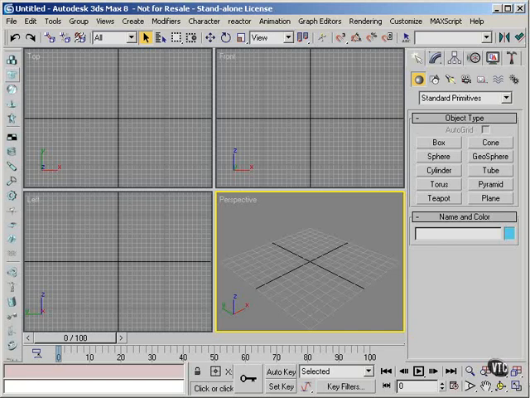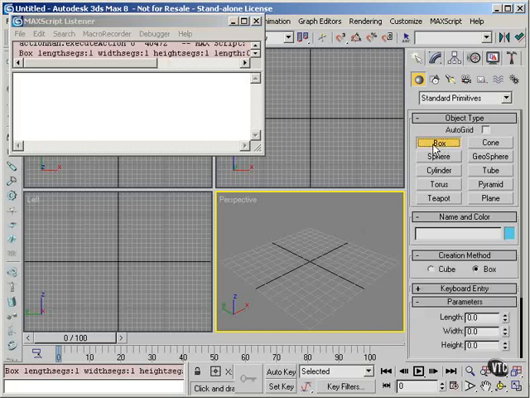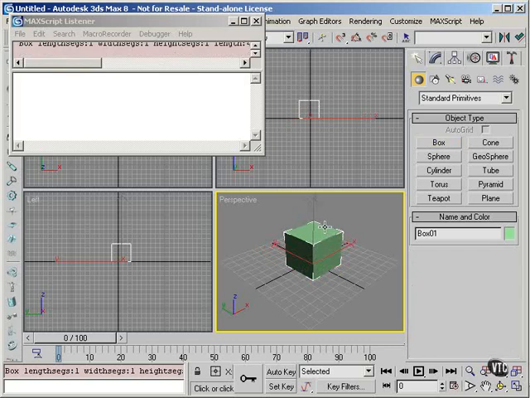Now we're going to look at using MaxScript help. First I'm going to hit F11 and bring up the MaxScript listener. Now I'm going to go to the Create panel, click on Box, come down into the Perspective viewport, click and drag, go up, left click, and right click. I've created a box interactively, and